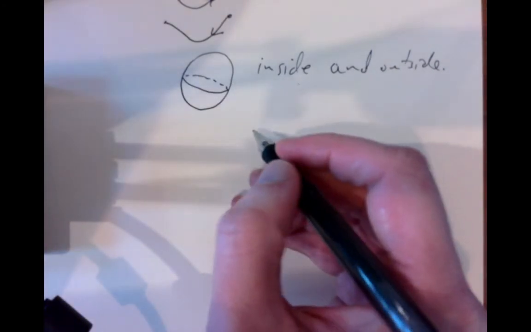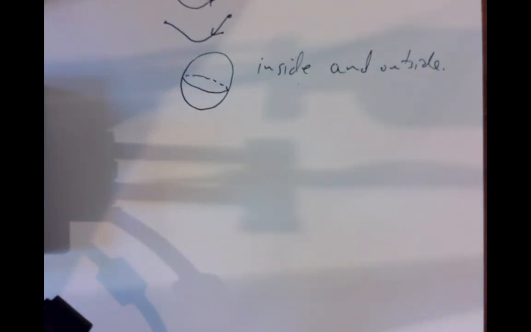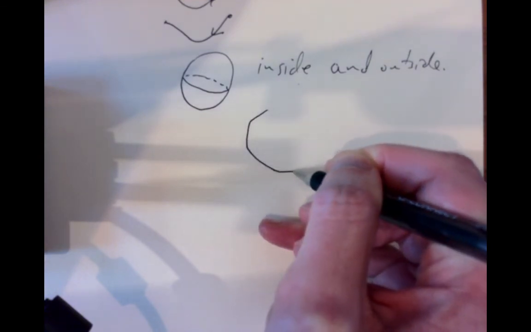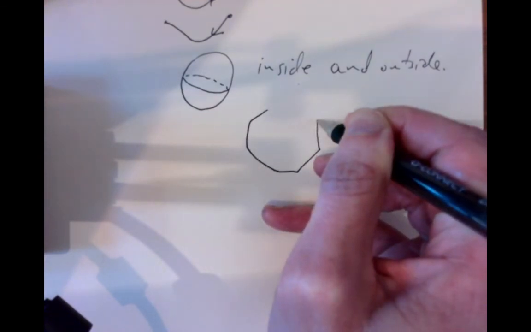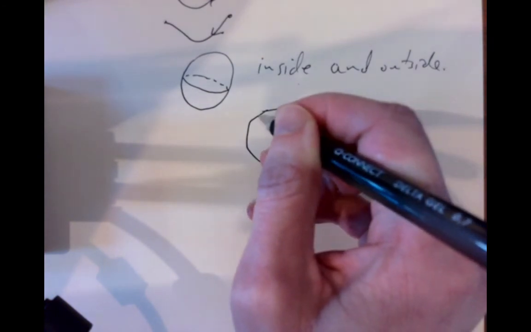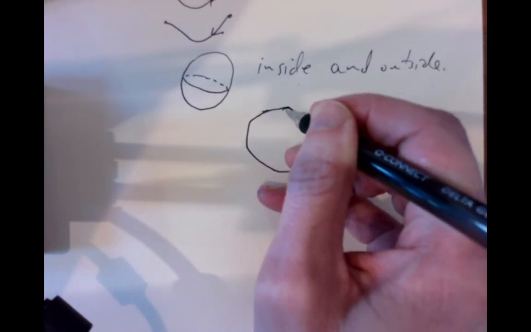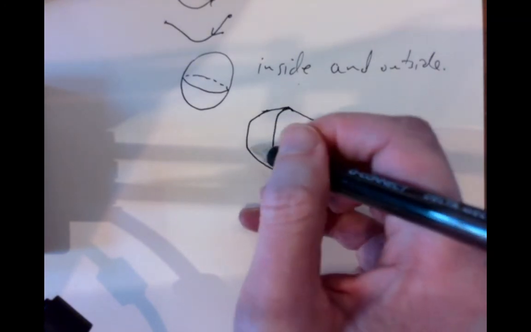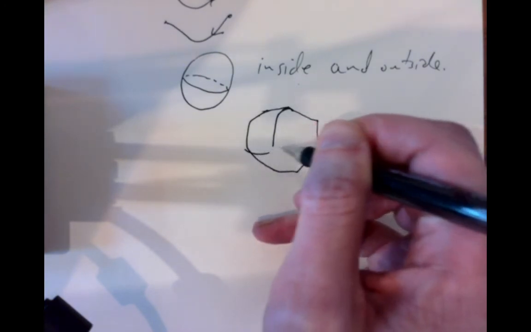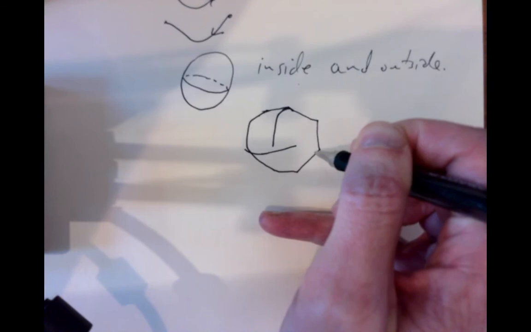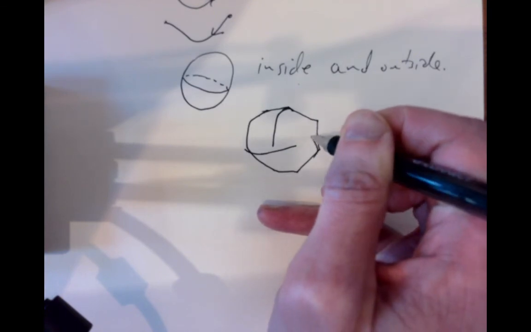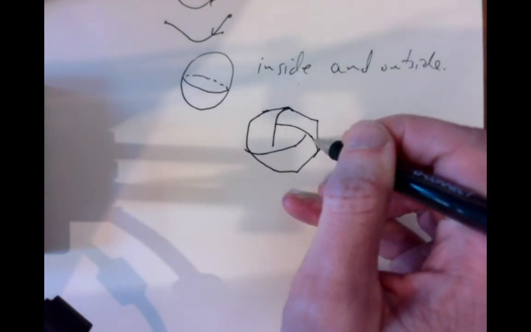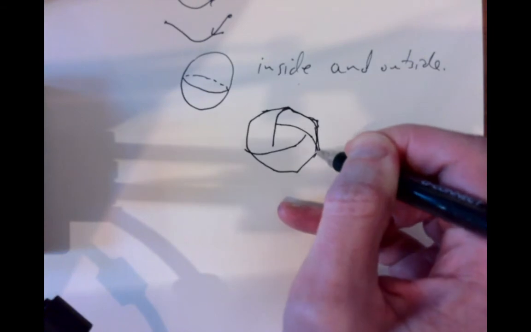And it also doesn't work even for surfaces that are in Euclidean space. There could be a problem. The classic example is something like, if I could draw it, something like this. If we make a little hexagon and smooth out the sides a bit, then we should be able to make a drawing that goes something like this. This side goes over here, and then this side goes over here, and then I hope I've got it right. Something like that. And if I were to smooth it all out, you could see that, if I drew it really nicely,